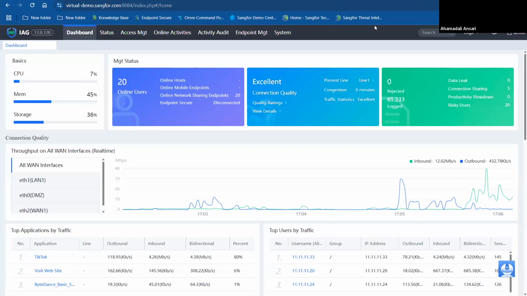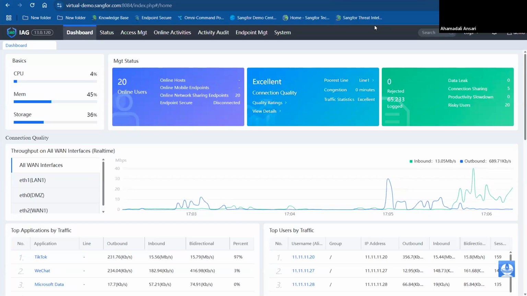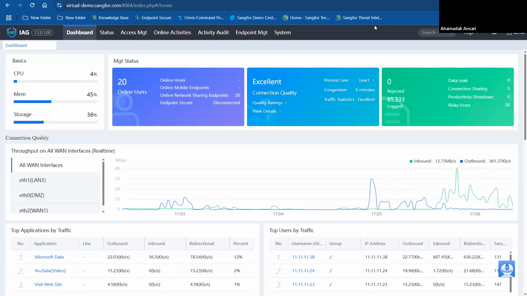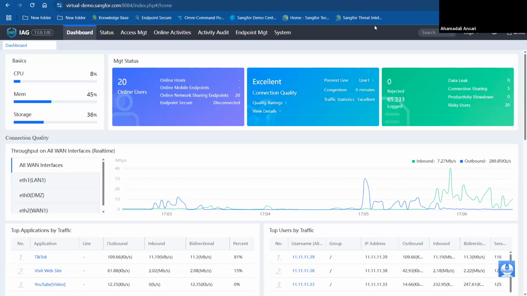What exactly is Sangfor Engine Zero? Engine Zero is basically our AI-based detection. I will share the complete details in case you are looking for them. In the presentation we have already covered what exactly Sangfor Neural-X and Engine Zero cover. It's basically AI-based malware inspection.